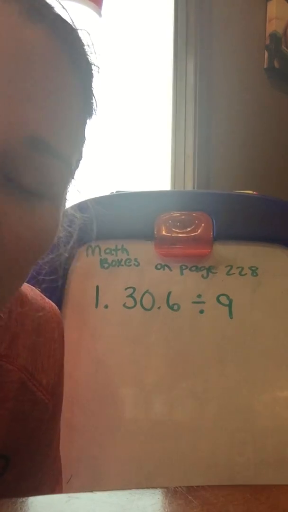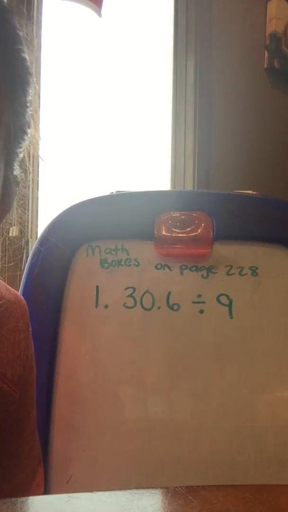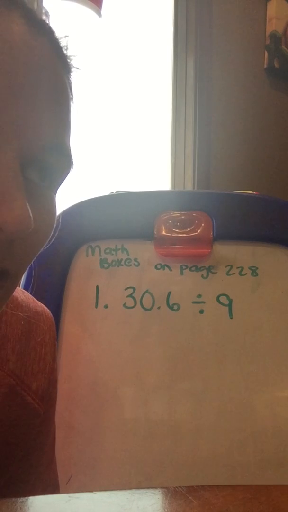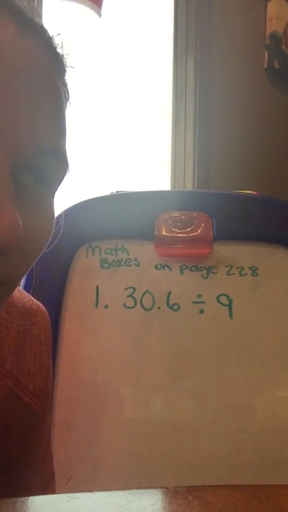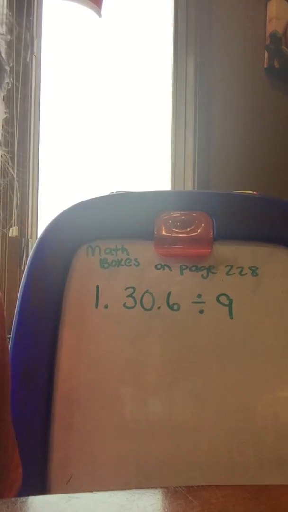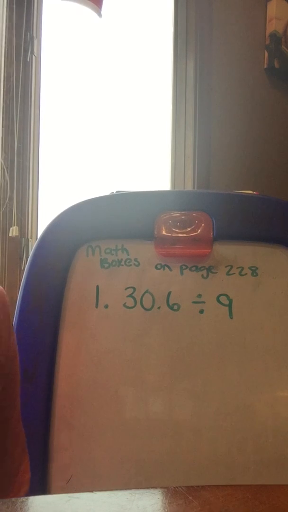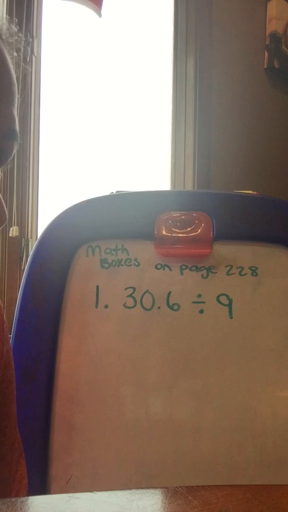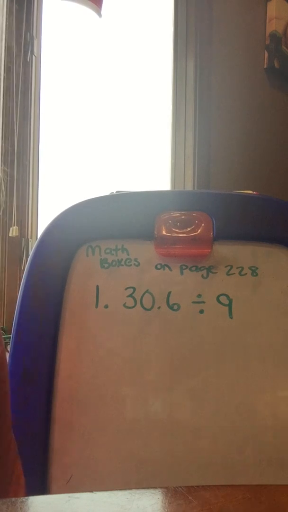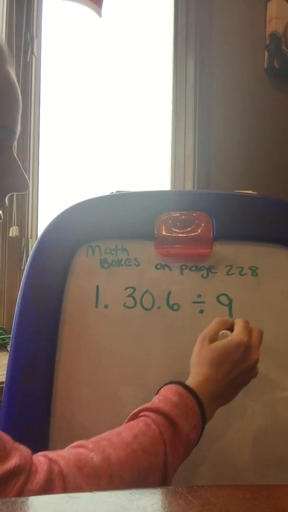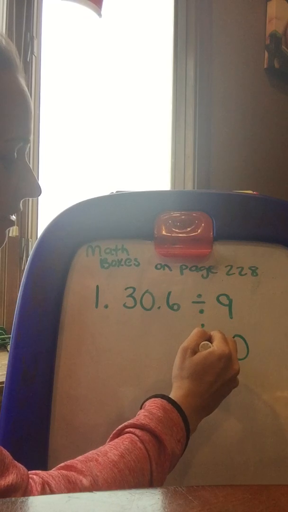So number one said to estimate the quotient for each problem. So basically you are getting an estimate for the answer. You're not actually solving these problems. So remember, when we do dividing, you want to change the numbers to numbers that you can divide in your head. So looking at number one, I'm going to change number 9 to 10,